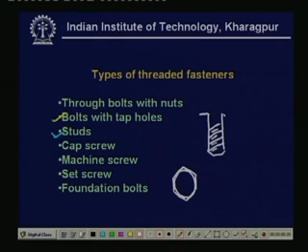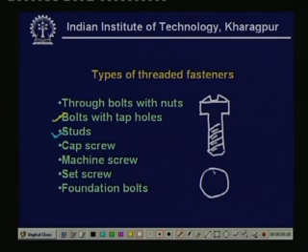Head may be something like this, where the cross section looks like this, let's say with a slot cut over here. Then there may be a round head. So, this is another kind. So, there may be round heads